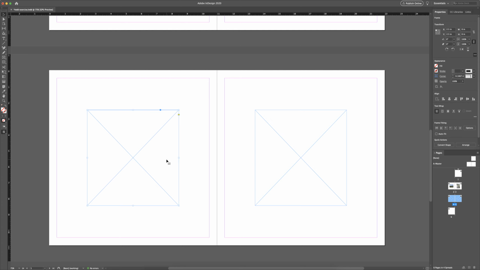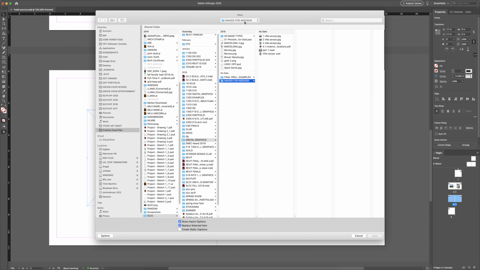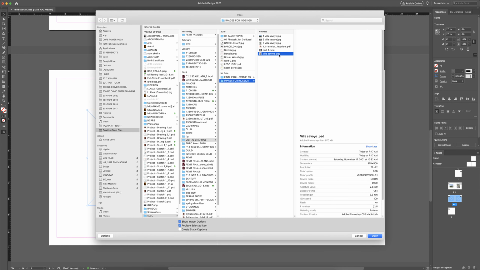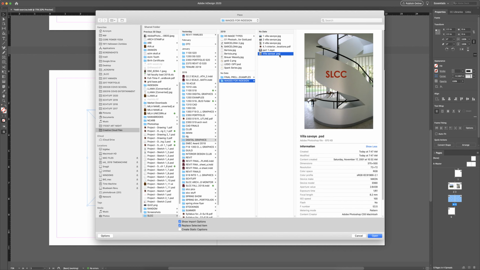What I'm going to do now is hit Control or Command D to place it. Remember that. And the file that I'm looking for now is the PSD, VilaSavoy.psd. And then I'm going to click on Show Import Options. Make sure that Show Import Options pops up,